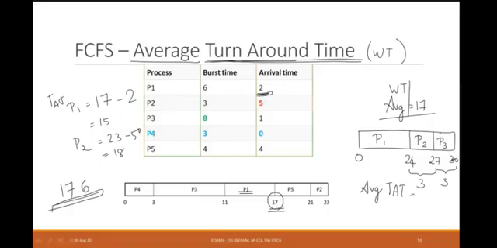And similarly, find out for the other problem also, what is the average turnaround time? Anyone else? 13.8 for the second one, ma. Check your answers. So understood how you have to calculate your waiting time and turnaround time, right? Please confirm both the answers, ma, others. Or if you get a new answer, please post it.